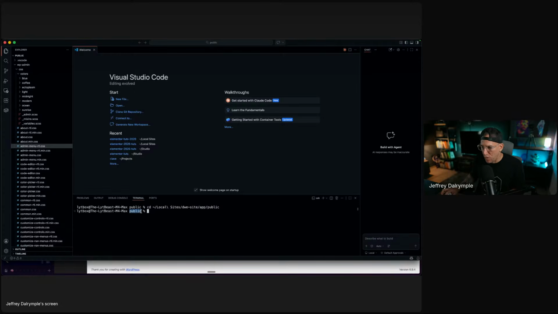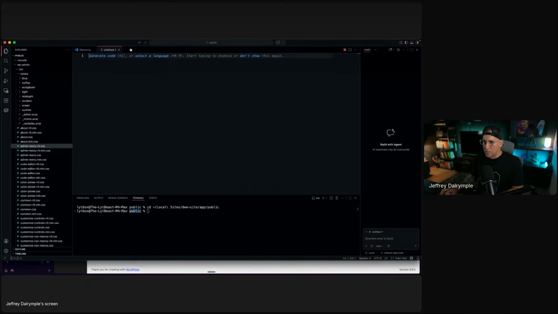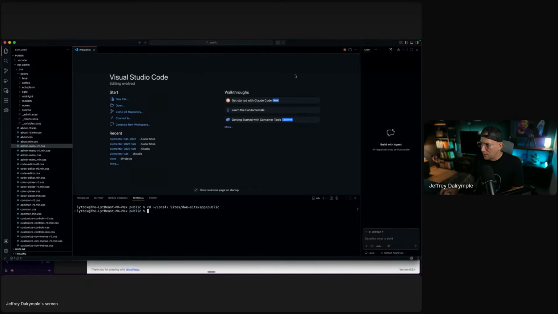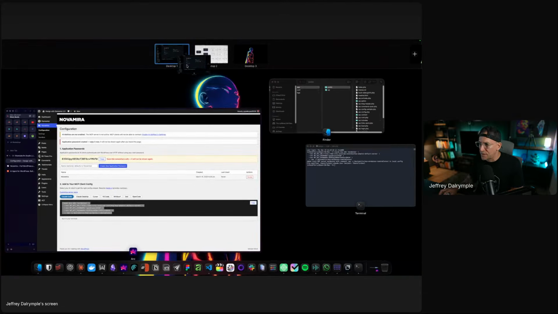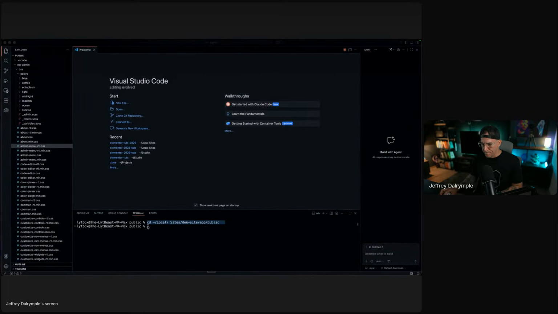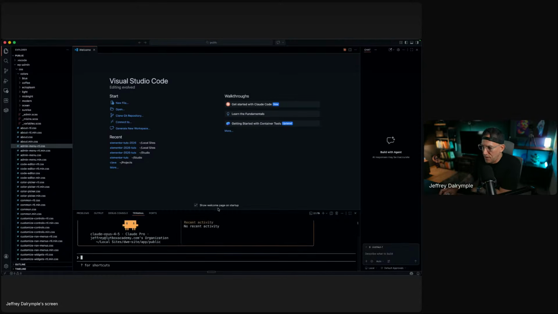I want it pointed directly so that Claude only messes with the files for this project. This is the same as selecting a folder; I just used the terminal command to select the folder. I'm going to set this up over here, and now I can open up Claude. Let's get that rolling.